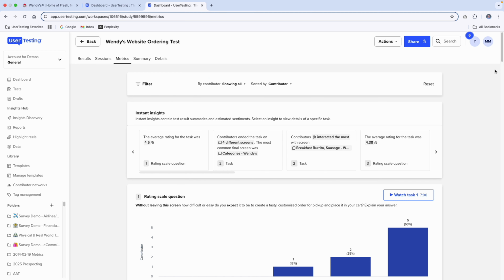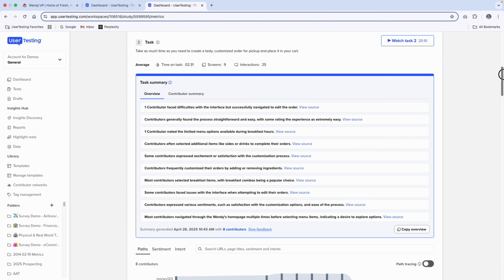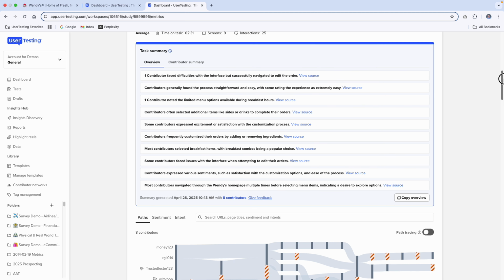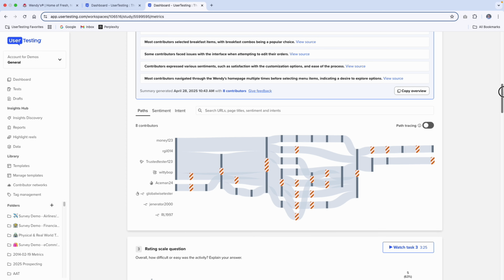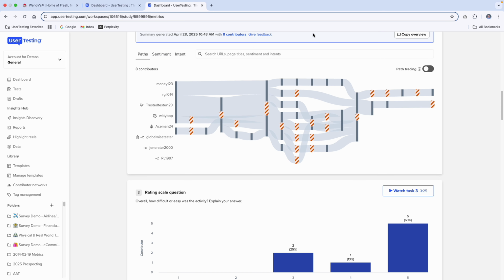We're on the user testing metrics tab, which gives you visualizations for every question or task that you ask people to do during the study. I'm going to scroll right down to the task itself. You can see here, task 2, take as much time as you need to create a tasty customized order for pickup and place it in your cart. I'm going to skip over some of the summary at the top here and show you the interactive path flow